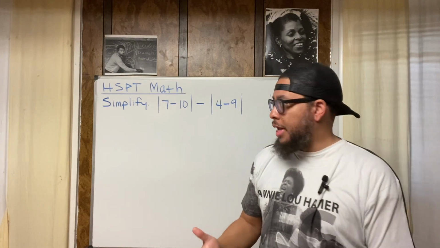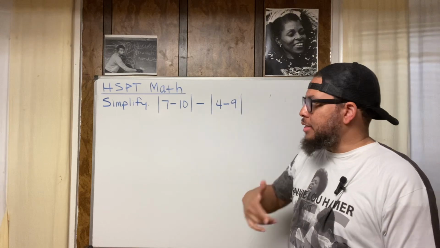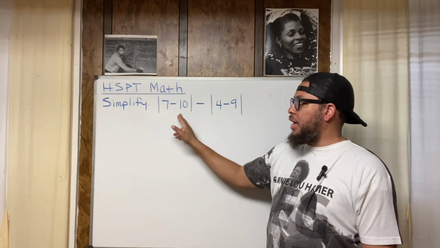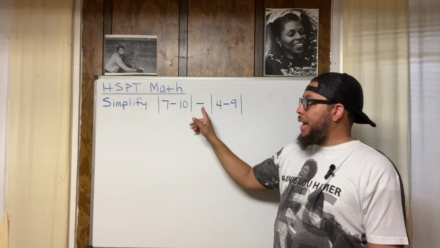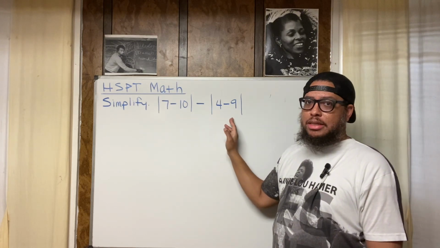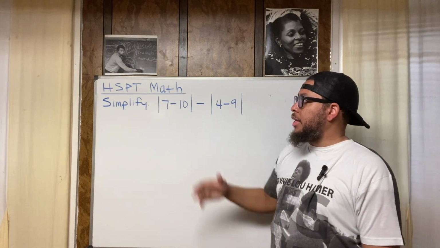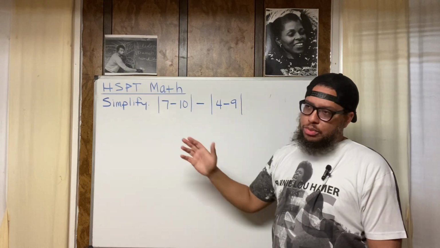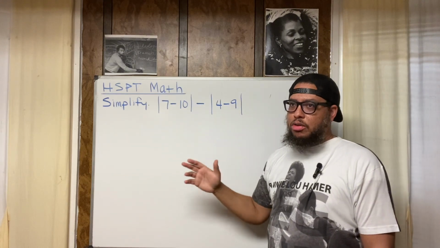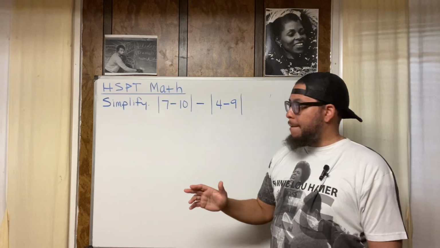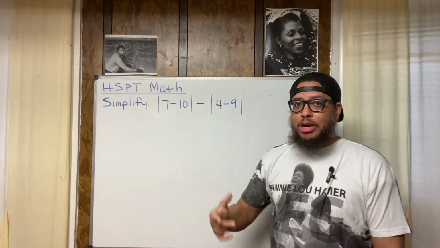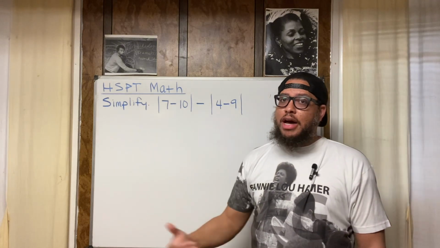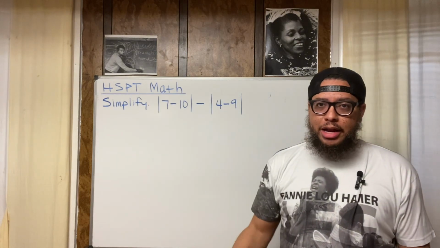All right. Now, let me go back because I went off on a tangent, but I'm coming back. Let's read the original problem. The absolute value of 7 minus 10 minus the absolute value of 4 minus 9. That's what we're working with here. Now, like I told you, do not change this -10 into a +10. I've seen that so many times in my career. It's wrong. You must simplify the expression first, and then you apply the absolute value.